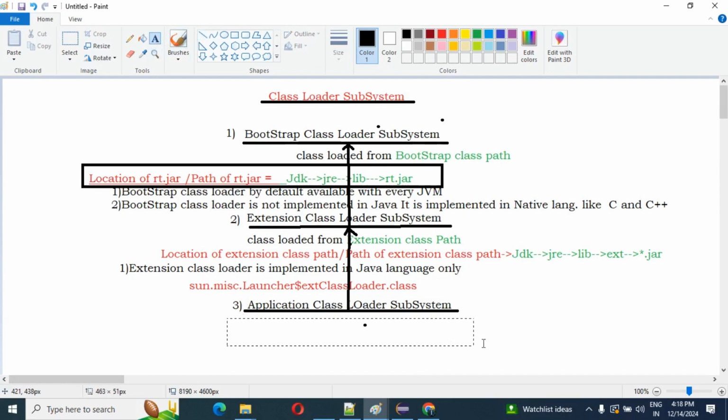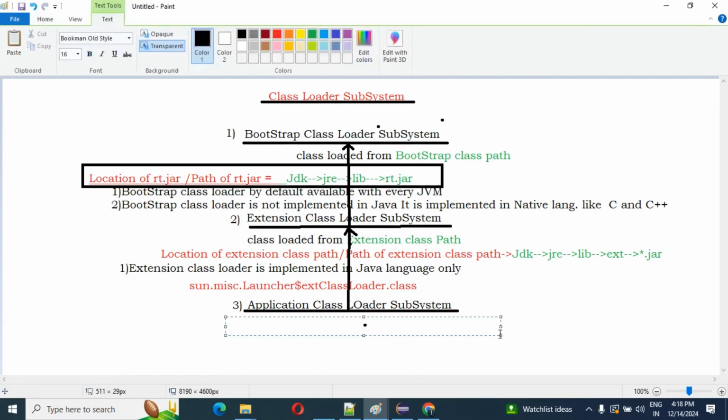So the application class loader subsystem is the child of the extension class loader subsystem.